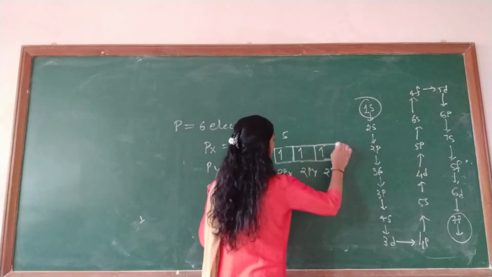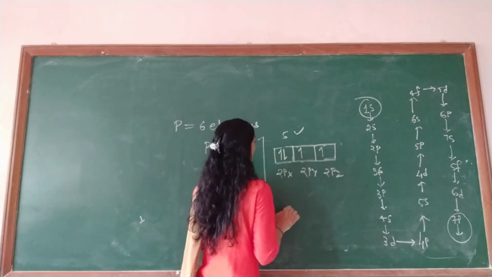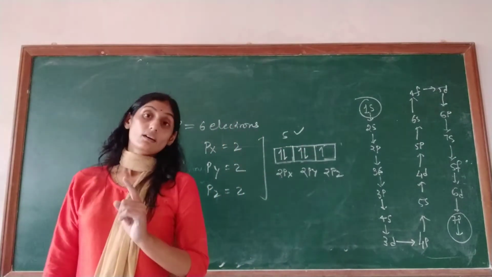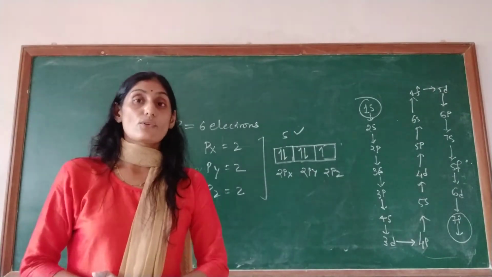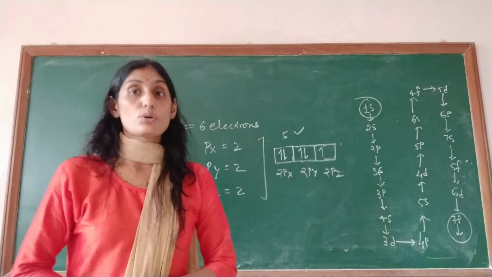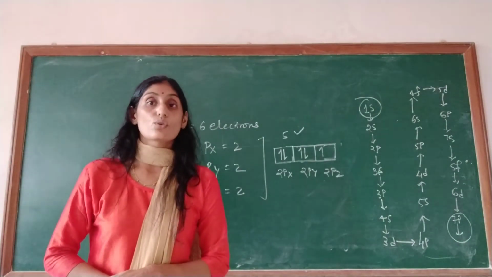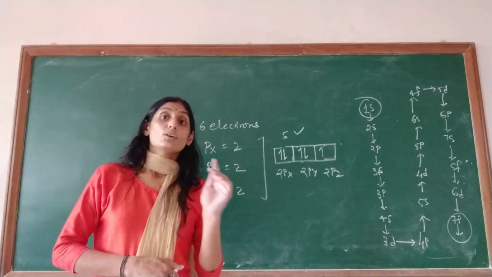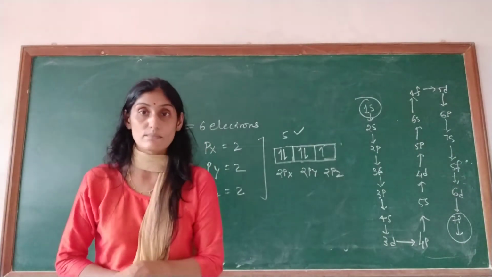Now here, how many electrons do we have? 5. So thereafter the remaining electrons go in with their opposite spin. That is the rule given by Hund. So these are the 3 rules which we have to learn for the occupying of electrons in the respective orbitals. In the exam, if there is a question like that, you have to write the electronic configuration in the manner of atomic orbital.